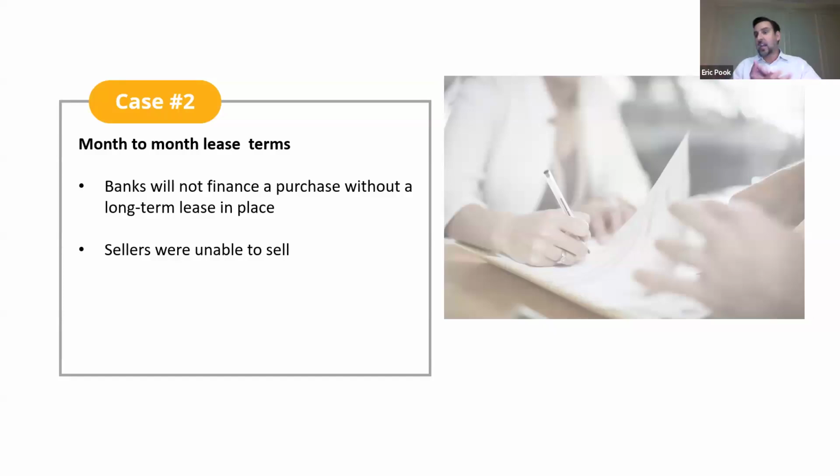And you might think that's great. Hey, I'm not committed. I could give 30 days notice. Wrong, right? The way the banks look at it and the way your buyer would look at it is I have no continuity of cash flow here. The likelihood that I can come in tomorrow, turn the key and see patients. Typically, right, unless you're just selling your charts, you want as much term as possible, as many options as possible,